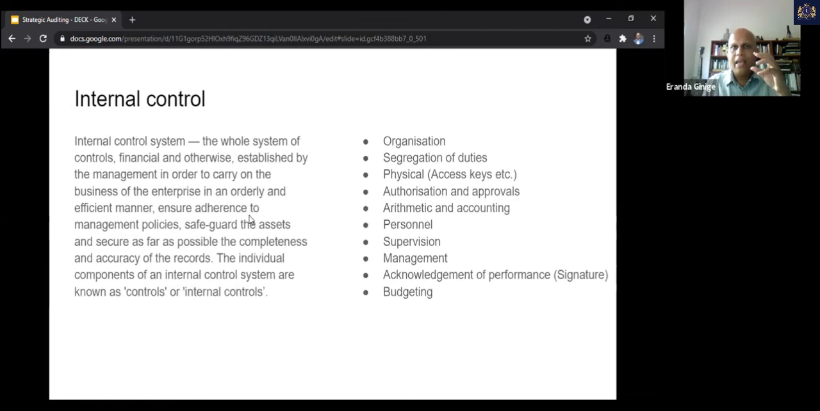But what goes hand in hand with the accounting system review is internal control review, right? So an internal control system is the whole system of controls, financial and otherwise, established by the management in order to carry on the business of the enterprise in an orderly manner. And so, I'll give you an example. The example could be something like,